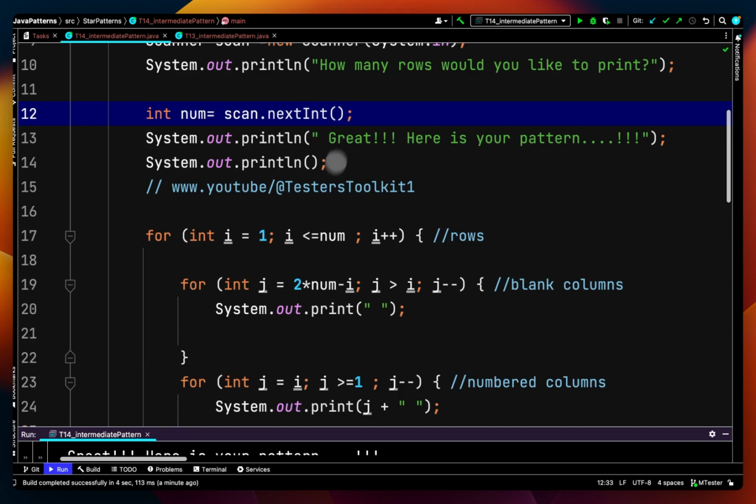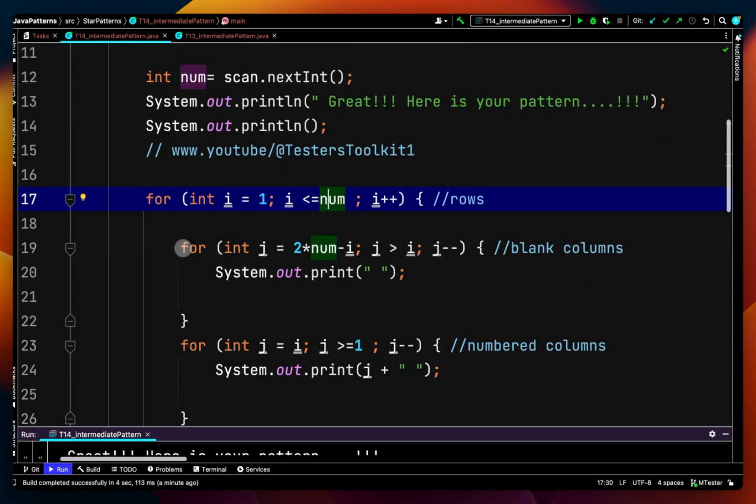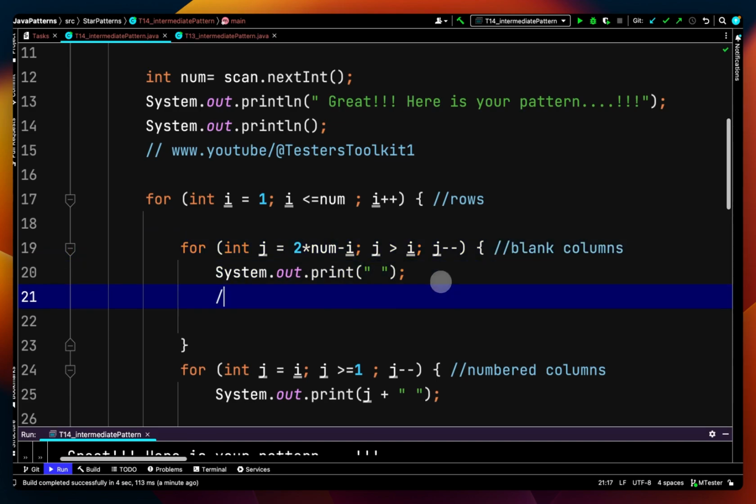This is our user input. This is what we're using here. For line 19 of our code, j is equal to 2 times num minus i, j greater than i. I am going to explain this a little bit, and then I'll show you how I came up with this formula. On the first iteration, we're saying 2 times num, 7, minus i,